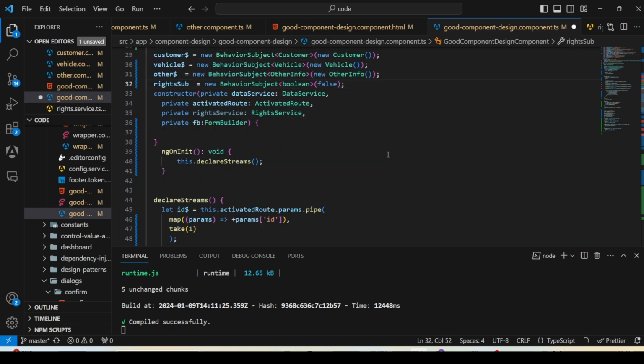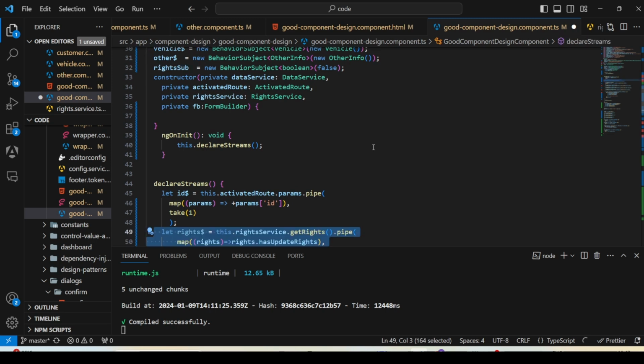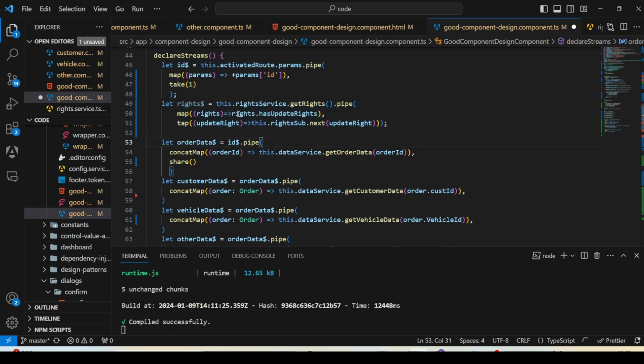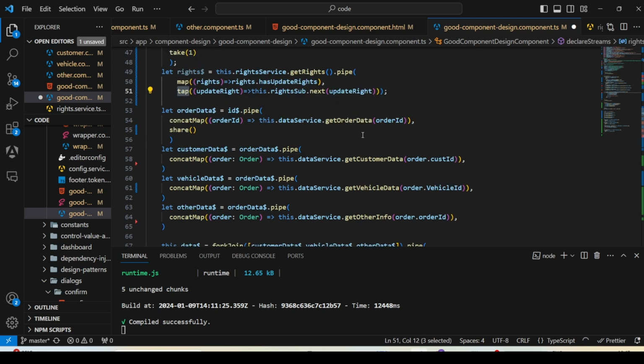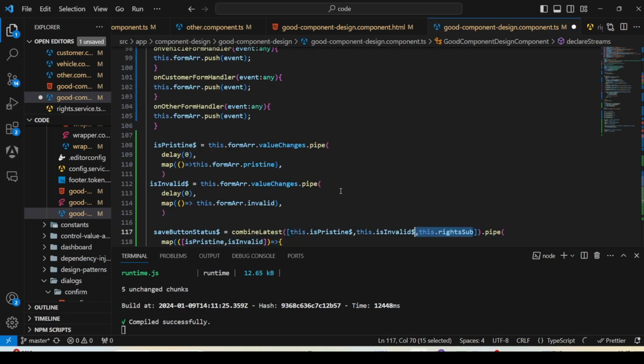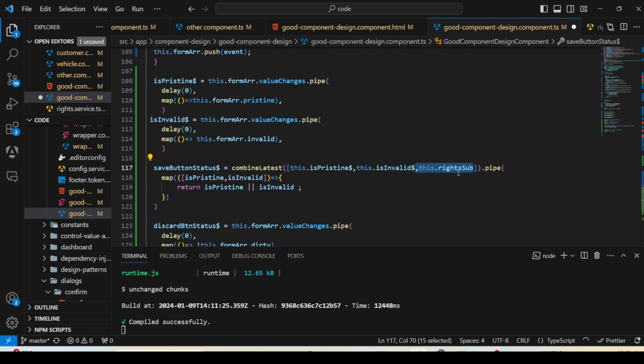So for that we are going to declare a behavior subject, rights subject, and then we are going to declare the stream. So in this stream we are calling rights service dot get rights method, and we are mapping the rights object's update right property into observable, and then in the tap operator we are going to emit that value. And now we are going to subscribe this one into fork join,